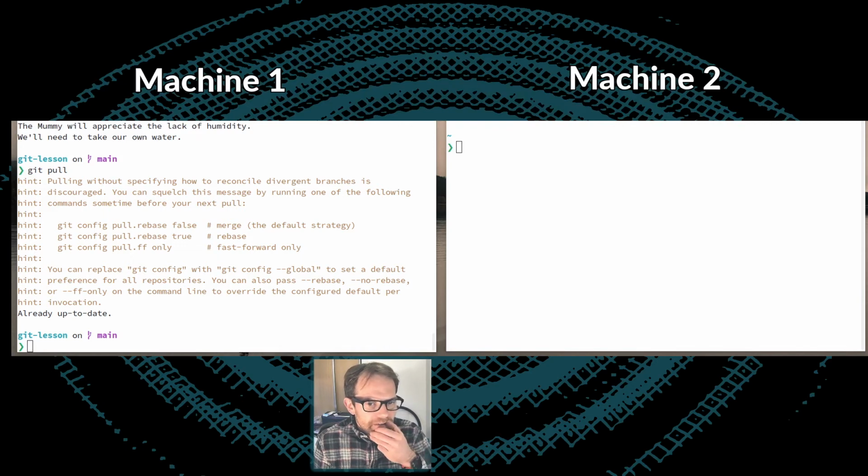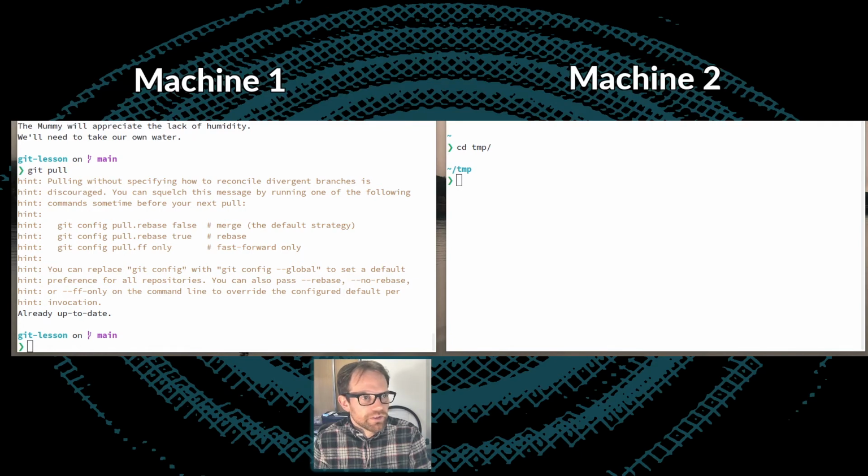I apologize if the text is a bit small. Let me know if it's illegible, and if it is illegible, I can try and make it a little bit bigger. So on the left here, I've got the terminal which we've been working on throughout. On the right, let's pretend this is a different machine where some collaborator is going to start to make changes to the repository. So I'm going to just move into a directory where I can make a copy of this repository.